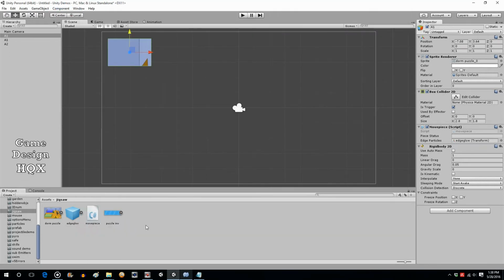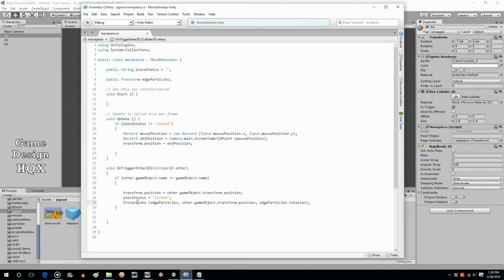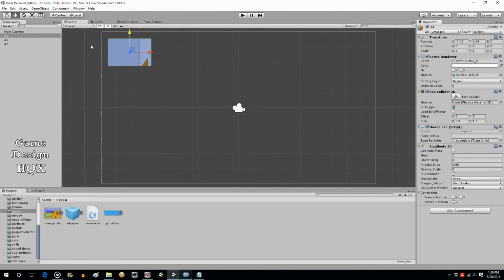That's how you could also do that. So basically everything that you want to happen when you lock in a puzzle piece, you would have it lock in here. Like if their score increases, then you'd also have the score increase here. Okay, so now,